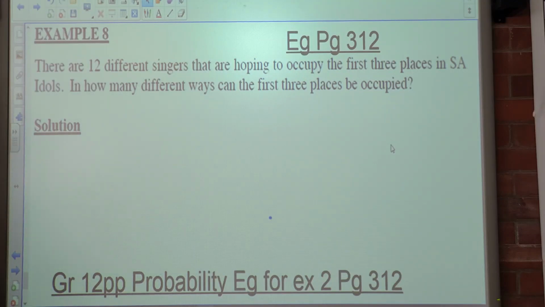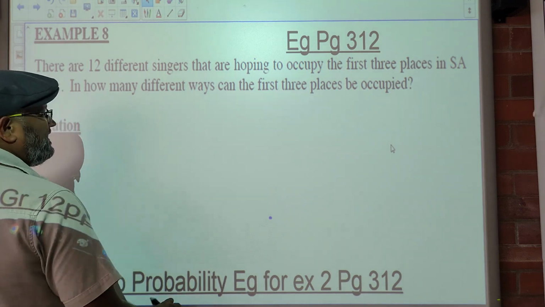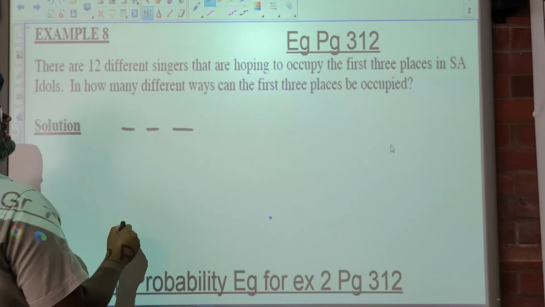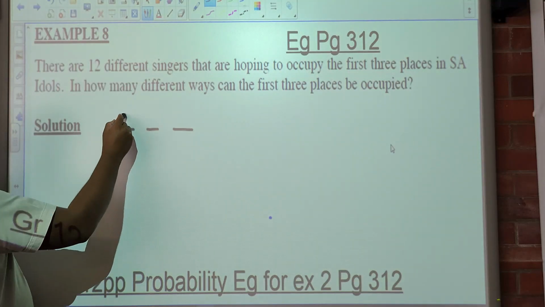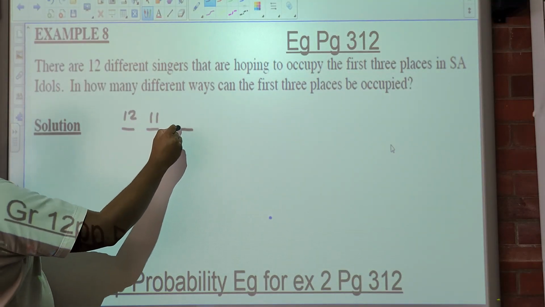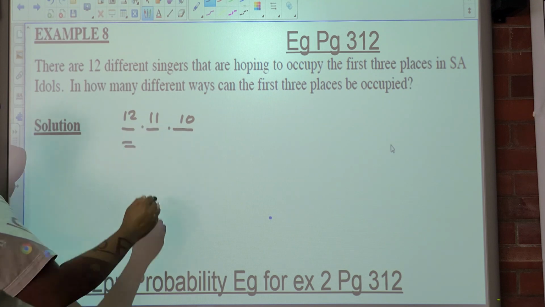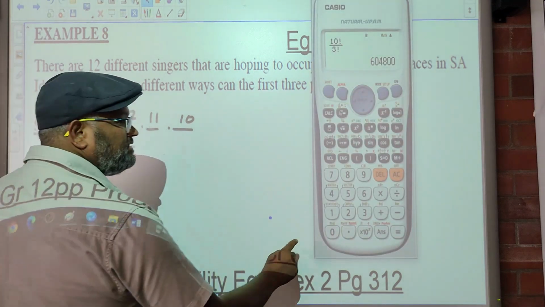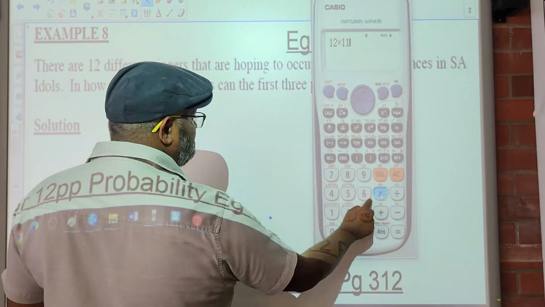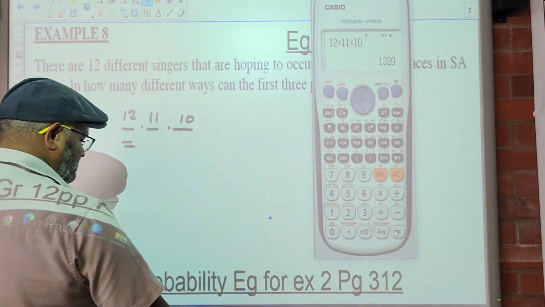How many ways can the first 3 places be occupied? So how many birds would I draw here? 3. How many options do I have here? 12. Then 11. Then that is simple. 12 times 11 times 10 gives us